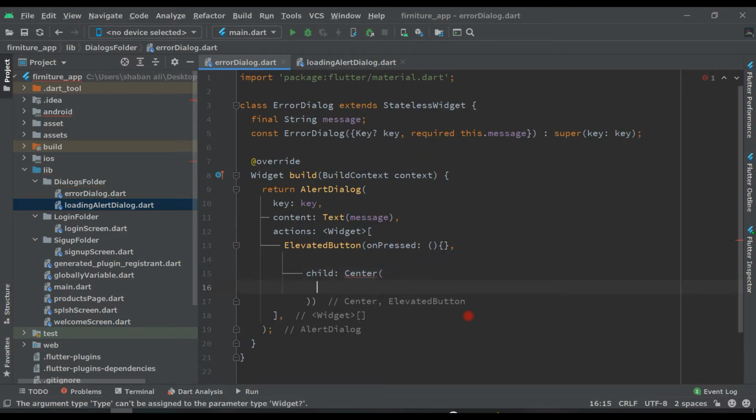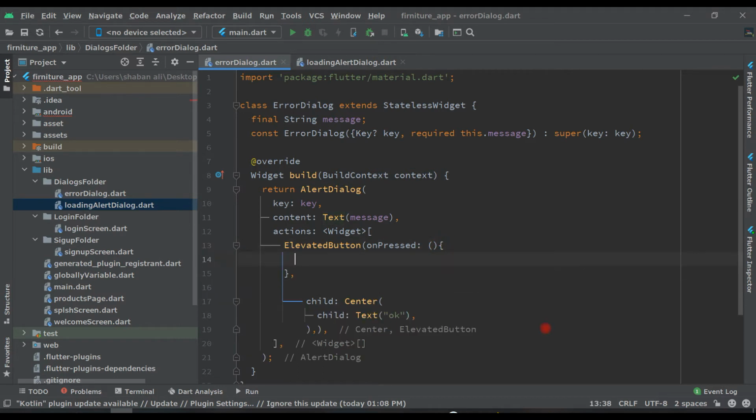Inside this Center we have one more child, Text, and the text will be OK, so that when we press OK, it will take us to the screen which we provide inside onPressed. If the user clicks OK, we have to decide where to send the user.